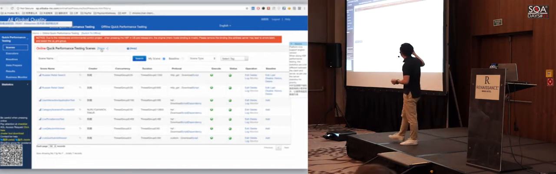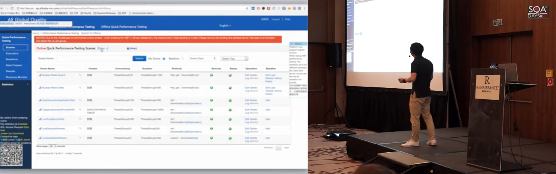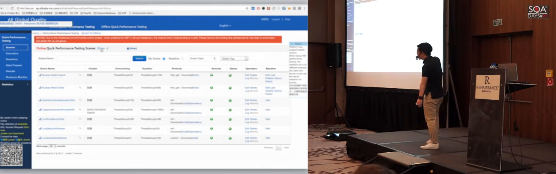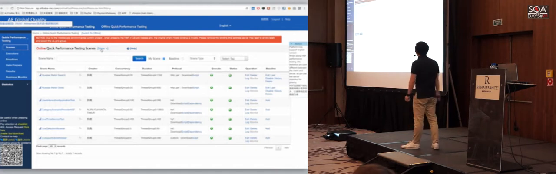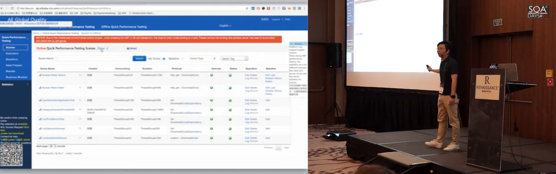Then I can choose the data for the performance test script. This is collecting the data. Maybe some of the user interface is still in Chinese. It is collecting this data, and it will last about 5 or 10 minutes.